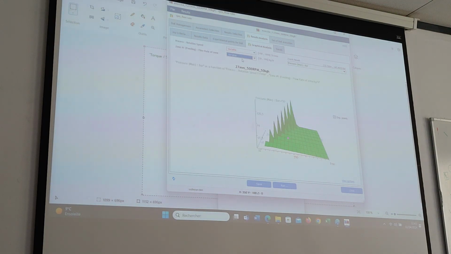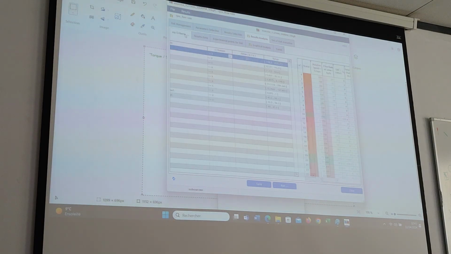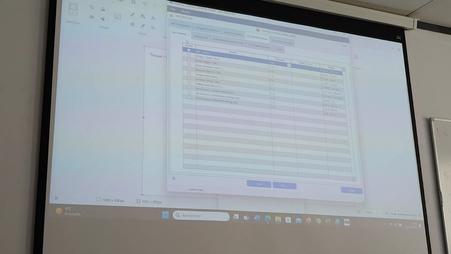Like with the previous theory, we can set some criteria. So I suggest having a criterion for the SME and not the pressure, because it may be a bit harder to analyze. For the SME, let's say we want a value above 160 kWh per ton. Do not forget to set this criterion, so greater than or equal to a value.